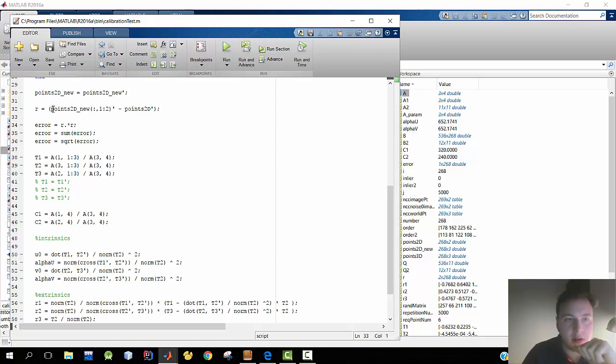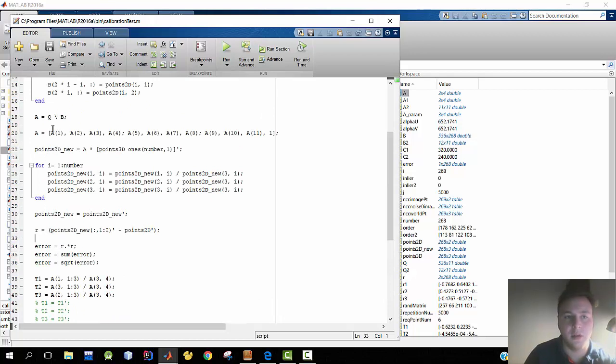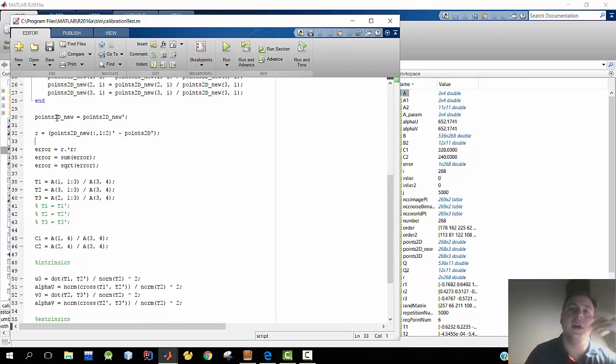So we have the image points given externally, and we found new values using our A matrix. The A matrix is the camera matrix. We found it here, and we found some 2D image points as well using this A matrix. Now we are going to compare them. We are going to take the differences and see whether we found them